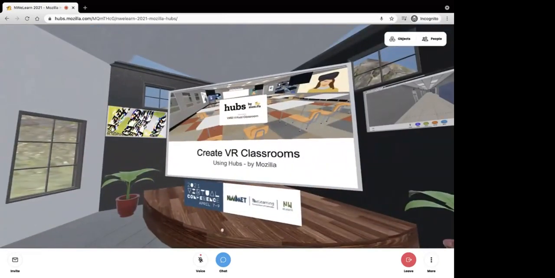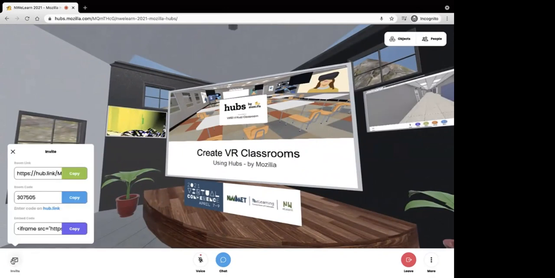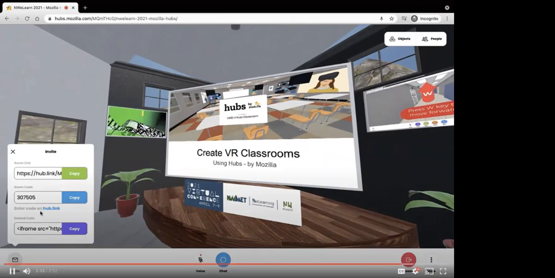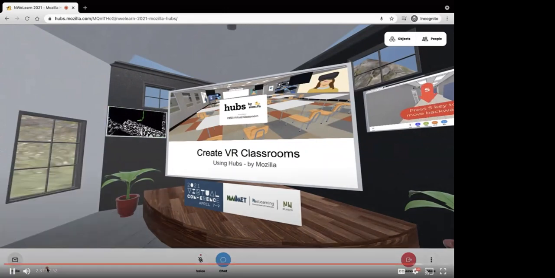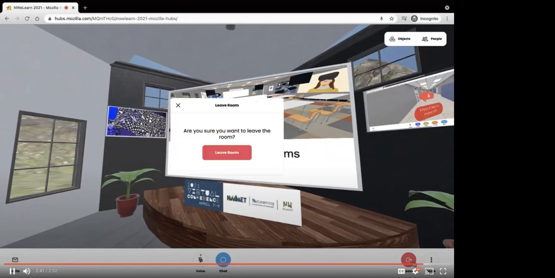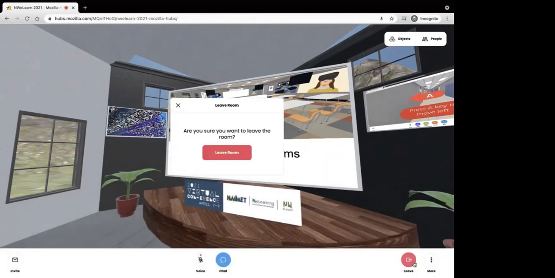Sage, is it also possible to click on the share button to invite the link to this video? Just so that you know, that's where you can find the link to the room. There's also a way for you to use a code to join from a VR headset, or you can grab the iframe embed code from that. Finally, there's a button to leave the room. If you wanted to leave, you could just close your browser, or you could leave the room.